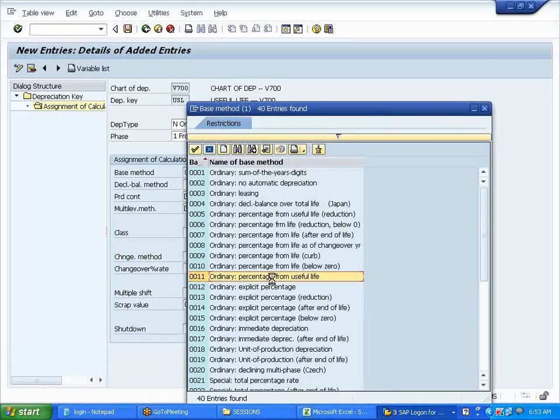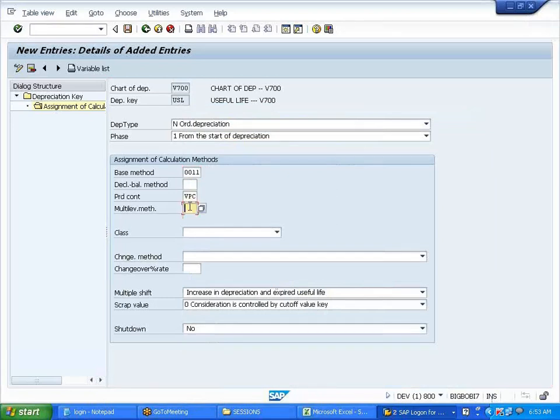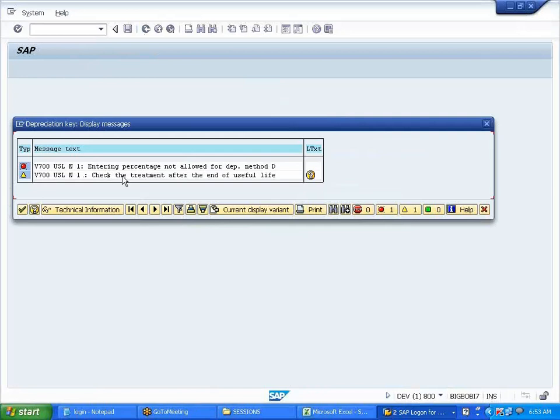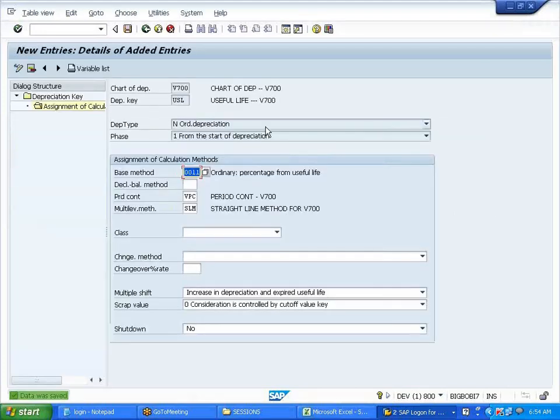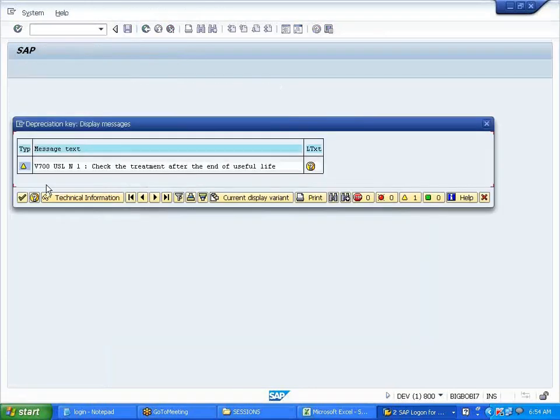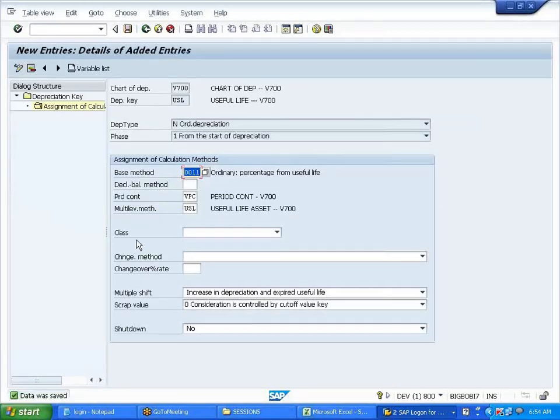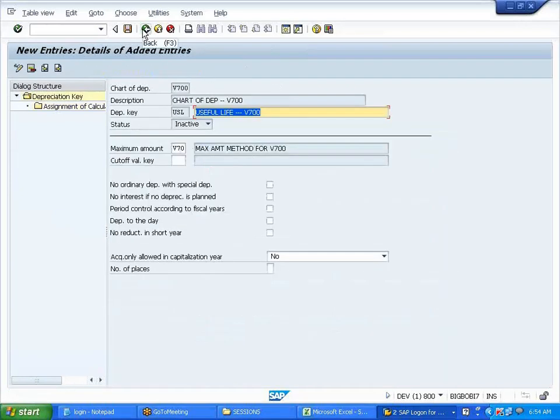Percentage from useful life. Save it. Did we not enter the percentage? No, we didn't. Oh yes, I have entered a wrong one now. Okay, so I have defined three depreciation keys.